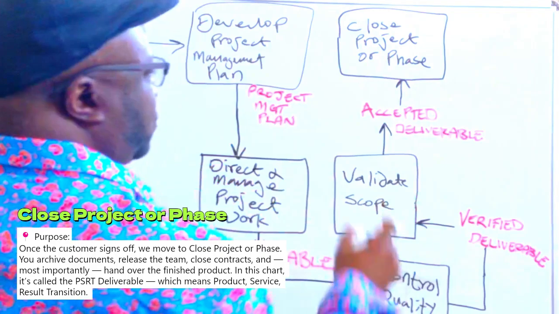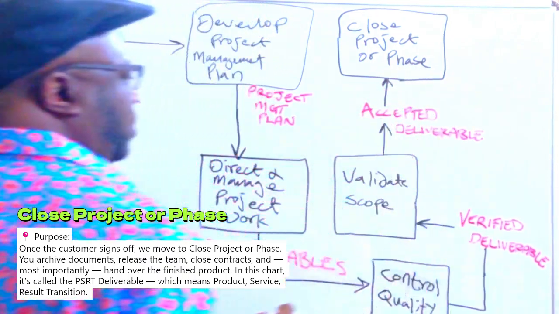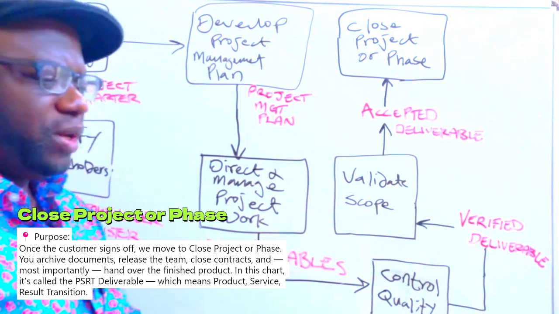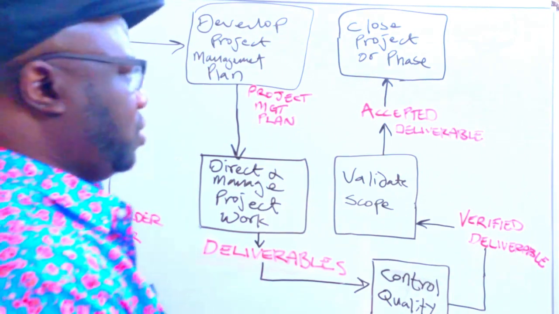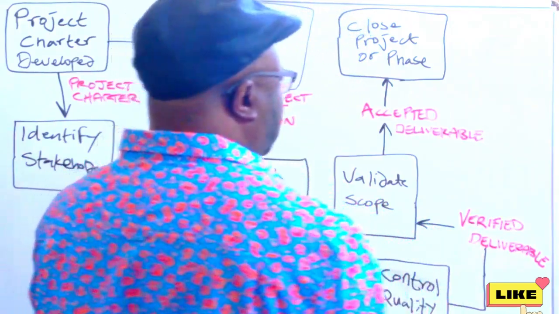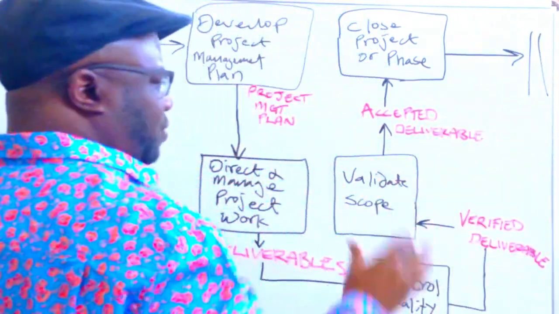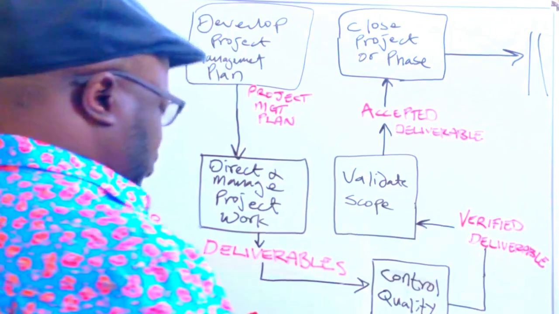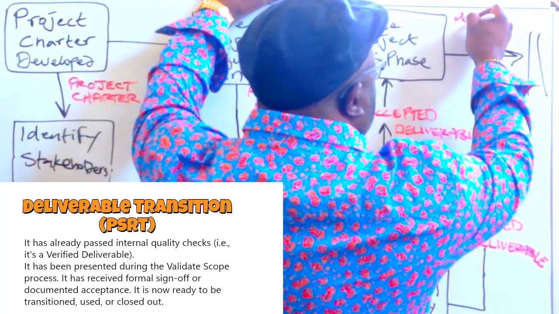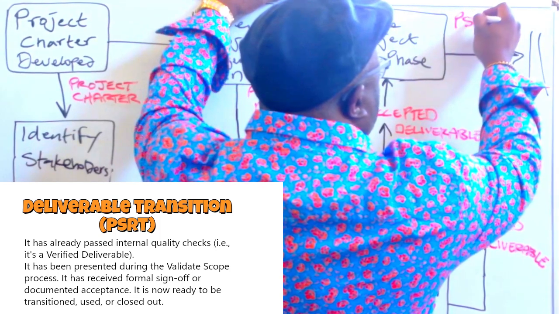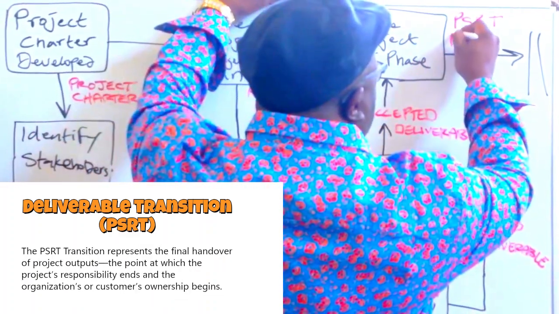And as this goes into close project or phase, the final thing that needs to happen is a deliverable transition. The PMI in the PMBOK 6, they would call it product, service, or result transition. We're just going to make it simple here. And this is a terminal process. So we're just going to show it with these two bars at the end, showing you that's it. That's the end of the project. And what you get out of this is called a product, service, or result transition. I'm just calling it PSRT. And that just means deliverable